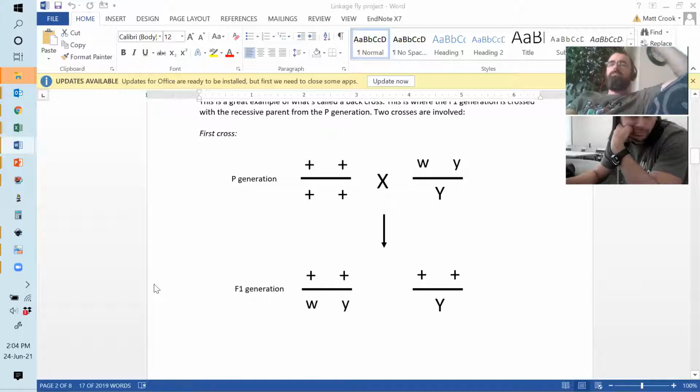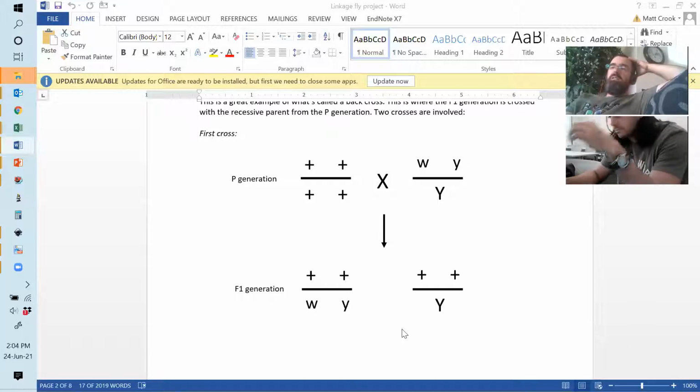So just as a recap, and again using that notation that you saw earlier in the cis linkage stuff